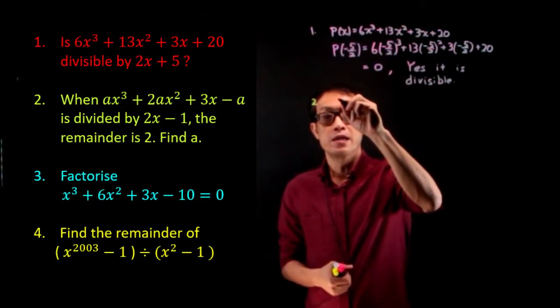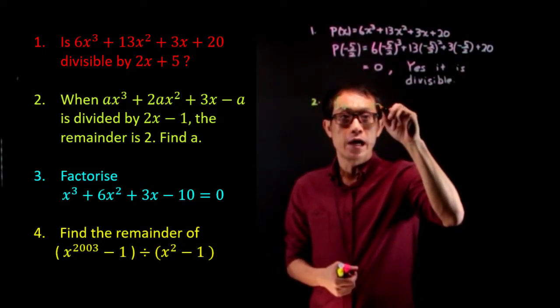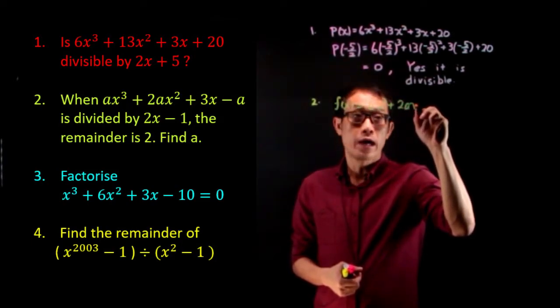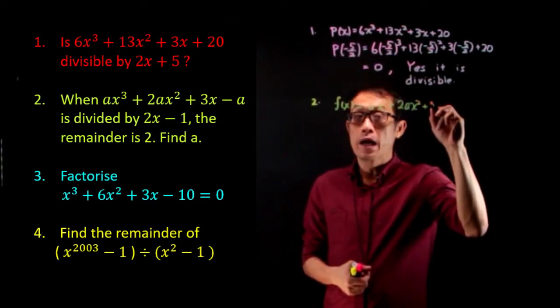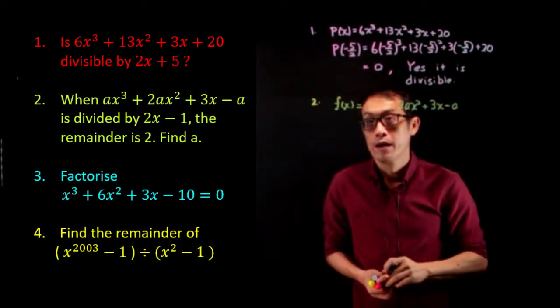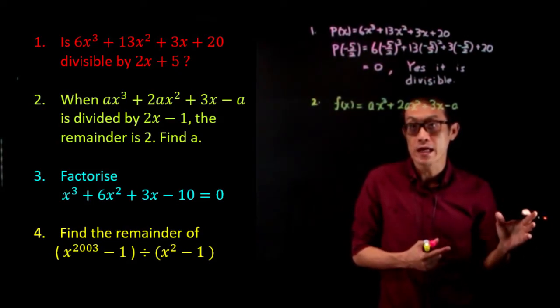remainder theorem. Say f of x be equal to ax cubed plus 2ax squared plus 3x minus a. So when it's divided by 2x minus 3, the remainder is a. That means